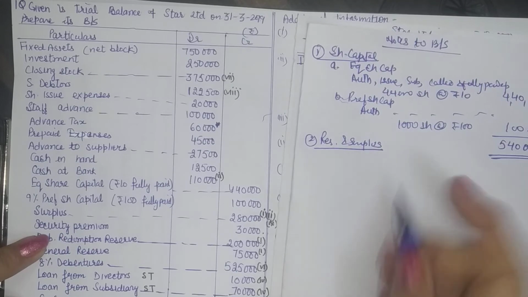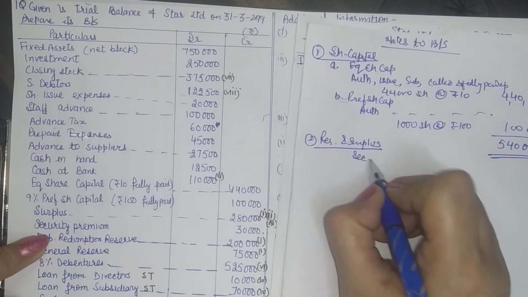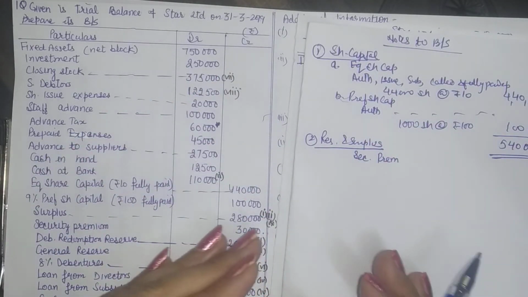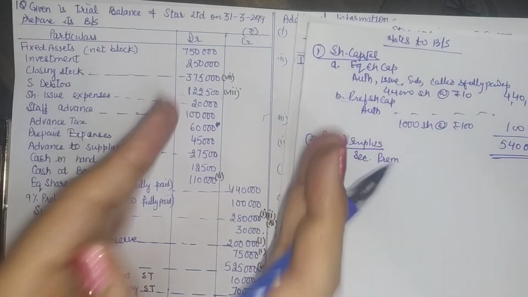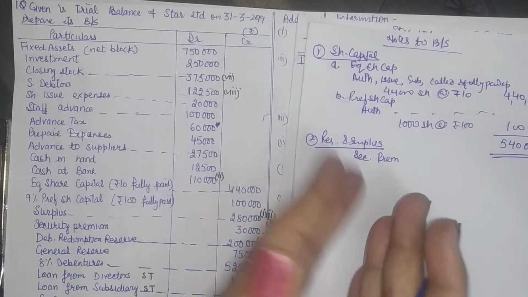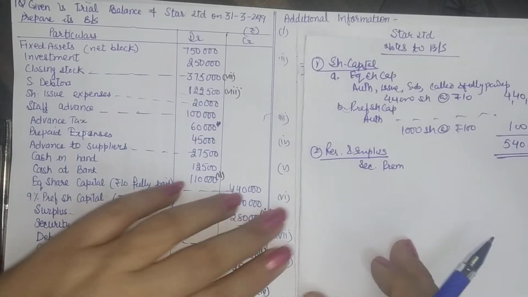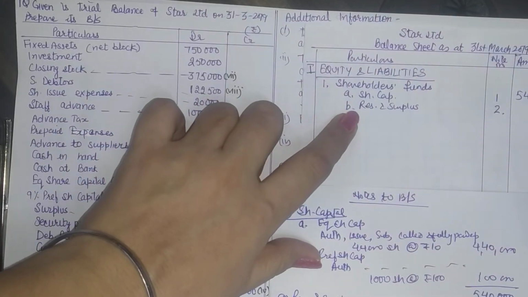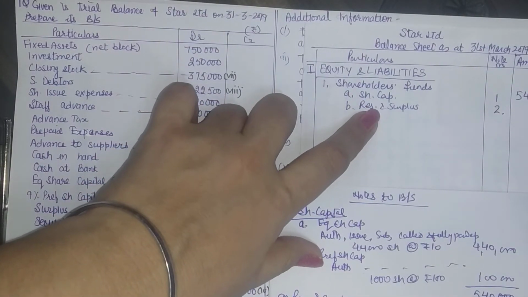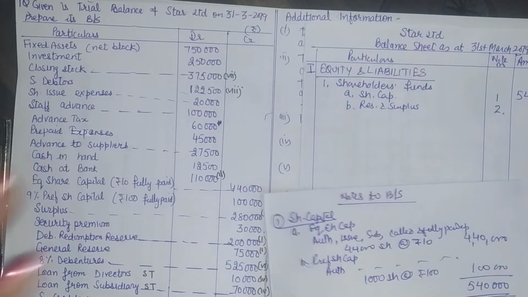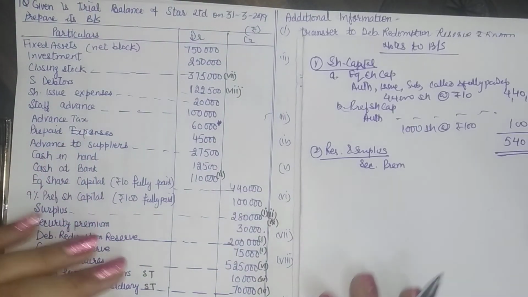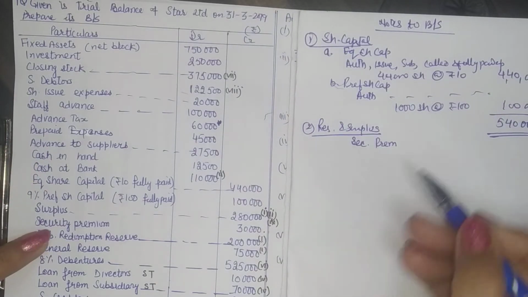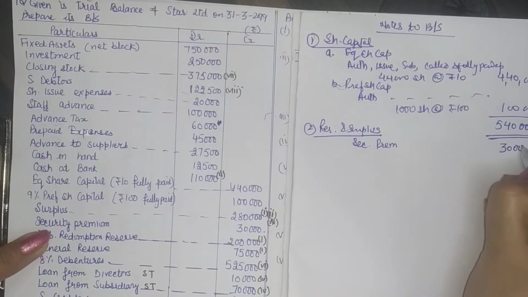We have surplus, we have securities premium. Now as per the guidelines, we don't need to follow the sequencing here. We are to follow only two layers of classification. This is the third layer. The first layer was shareholders funds, second is share capital, reserve and surplus. Now what is coming in reserve and surplus is another category, but we don't need to follow any pattern here. But at least we should distinguish between capital and revenue reserves. So securities premium can be reported first.